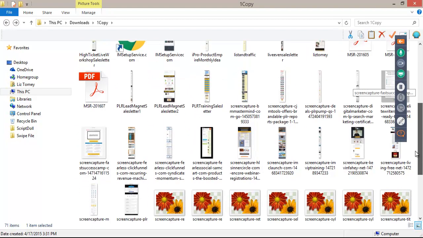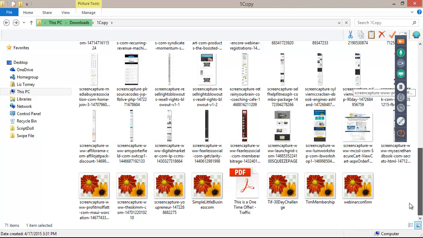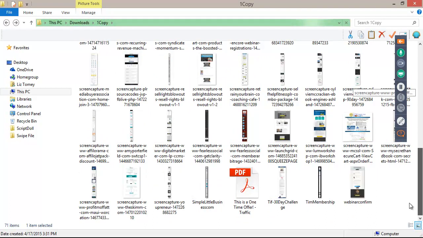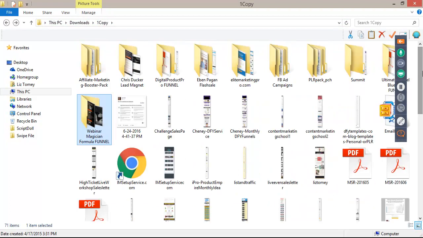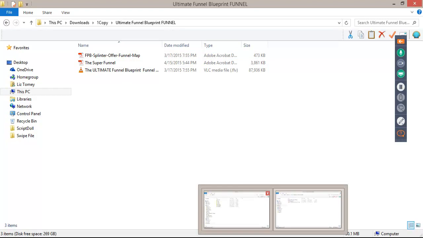Going through here looking. God, I got so much stuff I've kept over the years. This is probably a folder I was throwing stuff in for God only knows why. Ultimate funnel blueprint, the super funnel, FB Splinter offer funnel map. So here I've downloaded an entire funnel, and you guys can, as you're going through something, if you like the